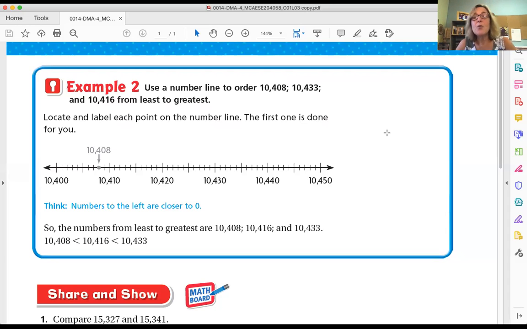And you know, because you're watching a video, you can pause it at any time if you need more time to catch up. Okay, so it says in example 2 to use a number line to order, and the numbers you're going to order are